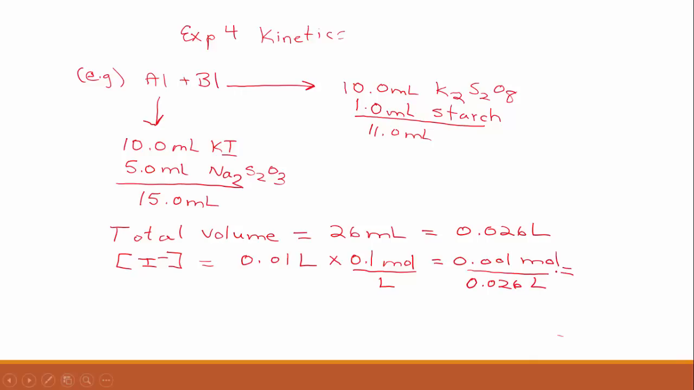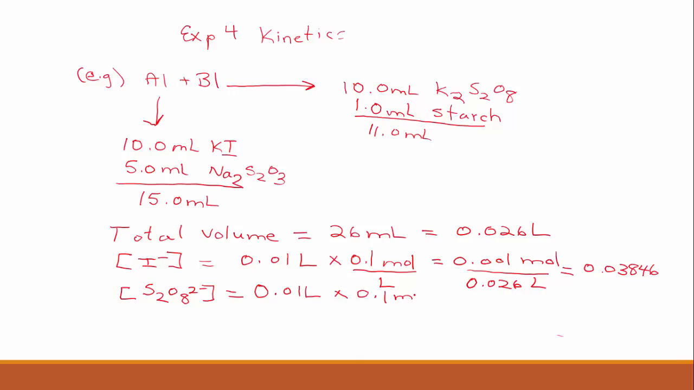that will then give us the molarity. And so the molarity is 0.03846. Now, likewise, the concentration of S2O8 2 minus. Again, in this case, for the B1 case, you had 0.01 liters of that multiplied by